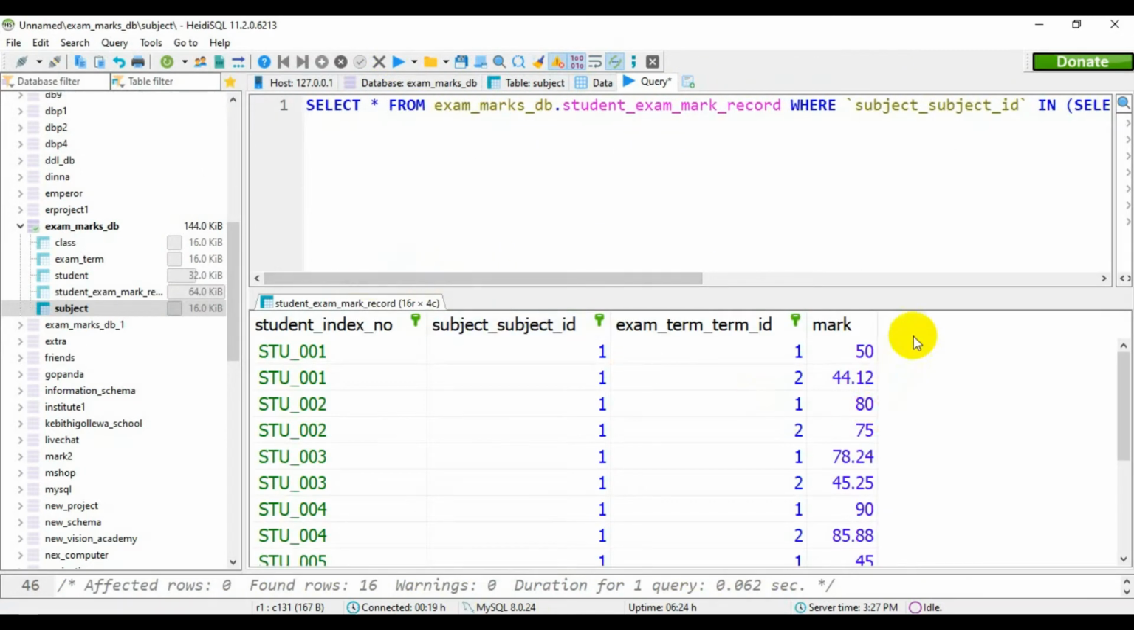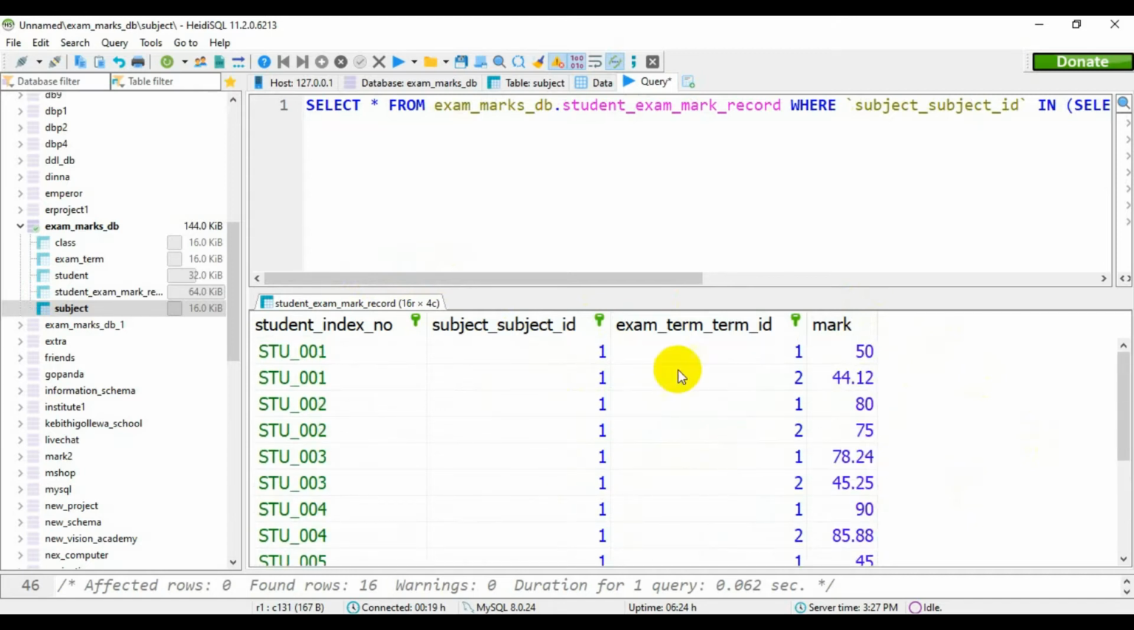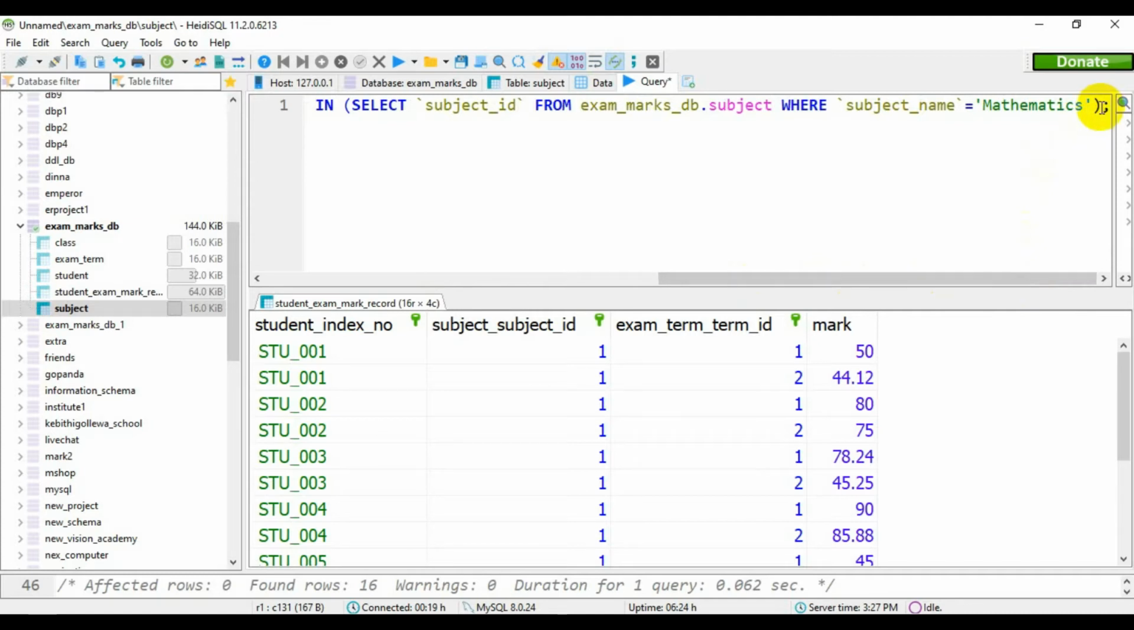You get all the details together with the marks obtained for all the subjects. Sorry, marks obtained for the subject of mathematics for both the first term and the second term. You get all the details of the subject of mathematics, the marks for mathematics for both the first term and second term. Now what you have to do is you have to select the marks which are obtained only for the first term. Okay. Now we have to give another condition and